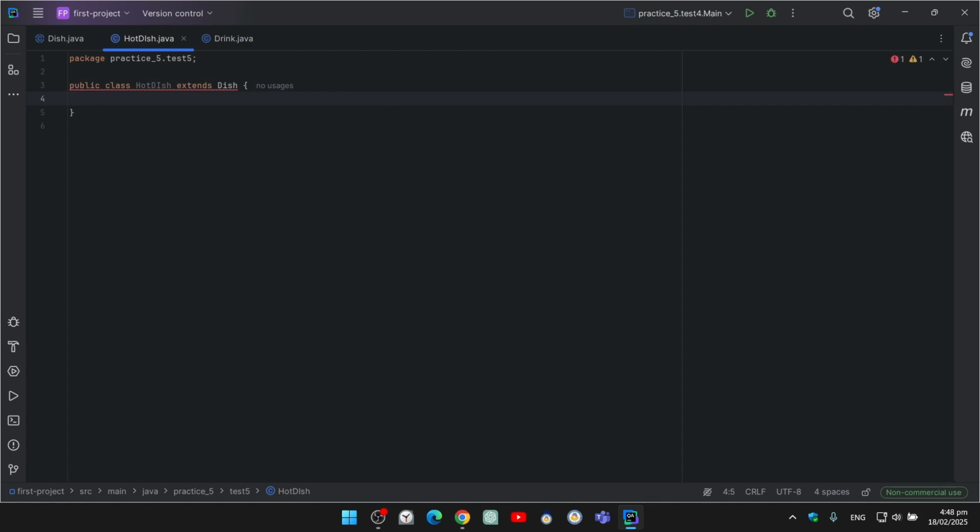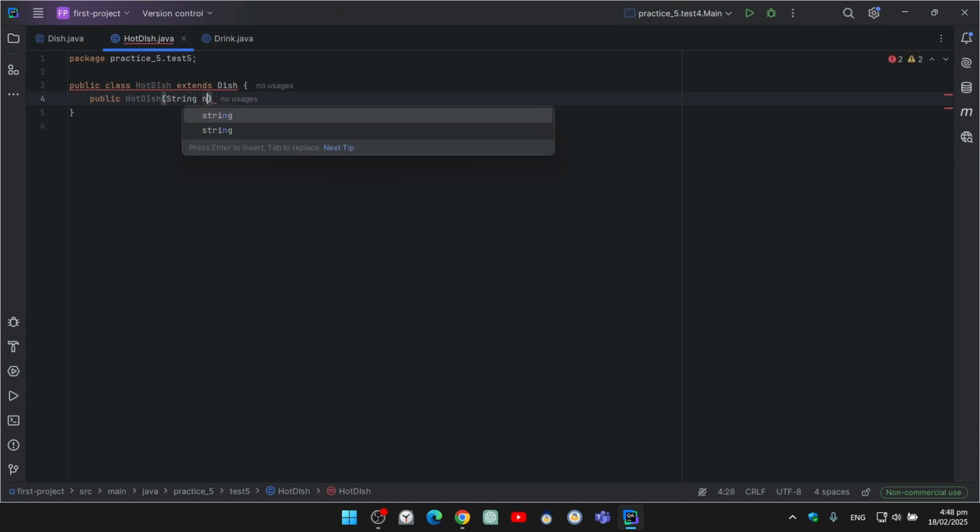Right, so we can also implement a constructor here. So public HotDish, String name, and also a hot dish has